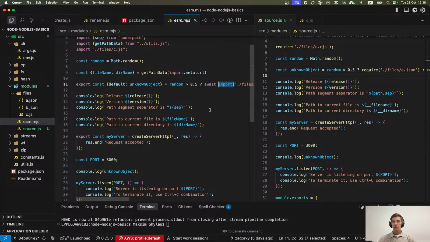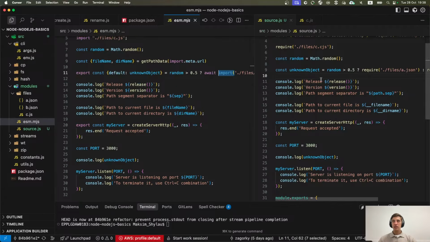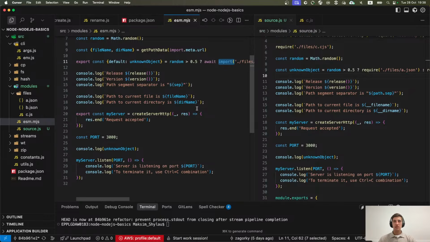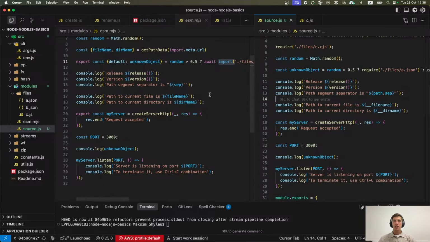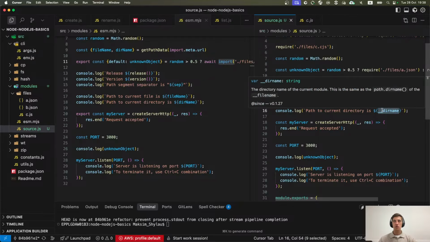Okay, what else do we have here? We have some calls of these APIs to ensure it works. And you can see that we have __filename and __dirname values with two underscores.